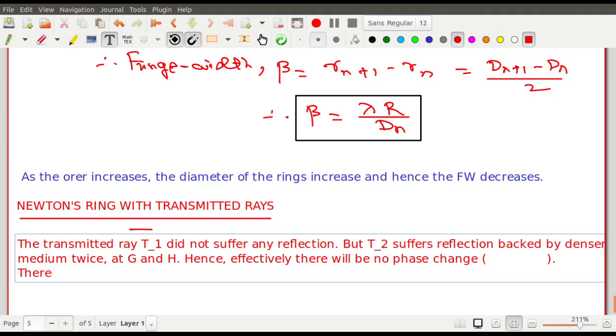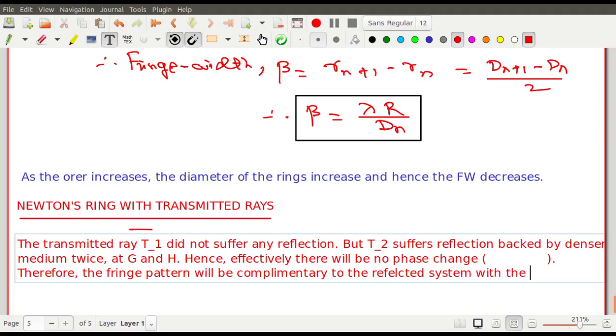Therefore the fringe pattern will be complementary to the reflected system,